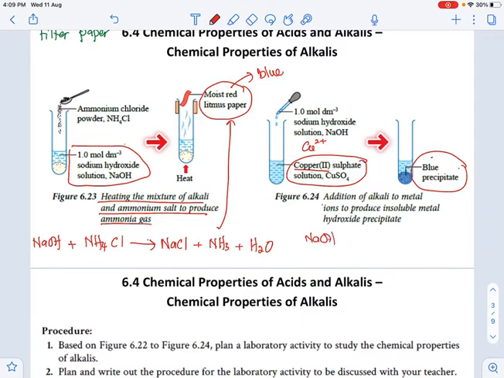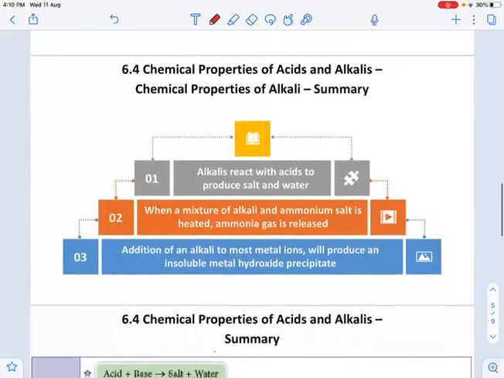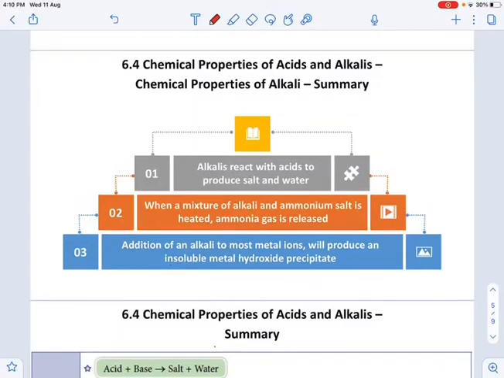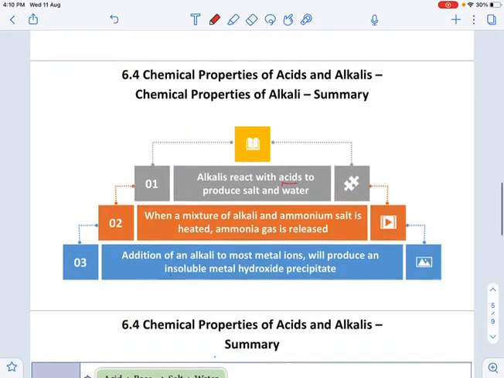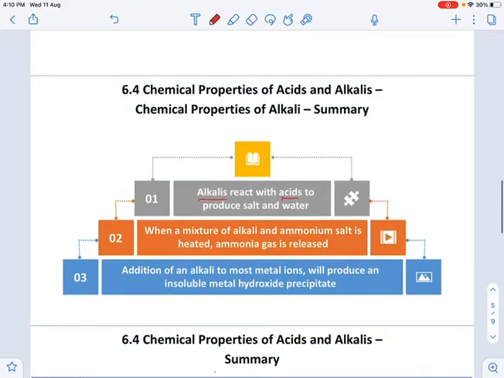Sodium hydroxide reacts with copper(II) ion to form copper(II) hydroxide plus Na⁺. Okay, so 2NaOH, 2Na⁺. So here is a blue precipitate. Okay, as the conclusion, the first chemical property of alkali is that alkali reacts with acid to produce salt and water. Second, when a mixture of alkali and ammonium salt is heated, ammonia gas is released, which